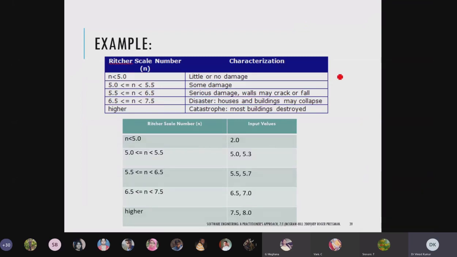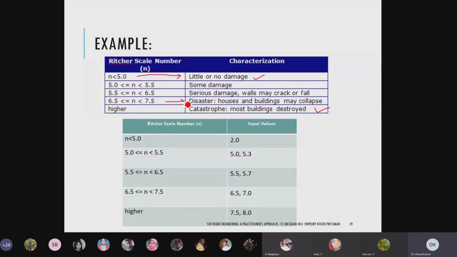Next, you can see one example here. This is a Richter scale, used for earthquakes. We also did this type of boundary value analysis here, and we have allocated some names. This partitioning we did, and we can check these partition values, boundary values. If greater than 7.5 is coming, this is a catastrophic kind, meaning most buildings destroyed.